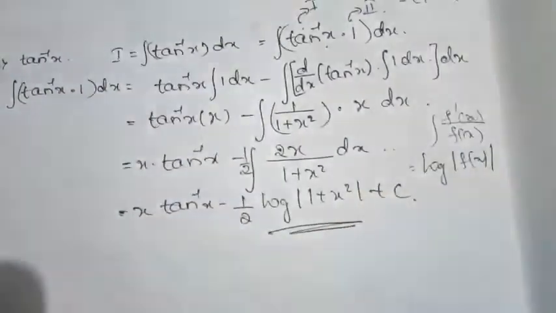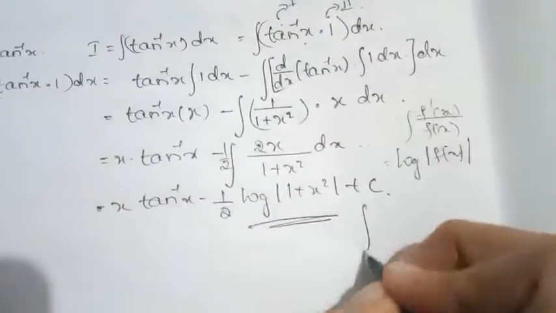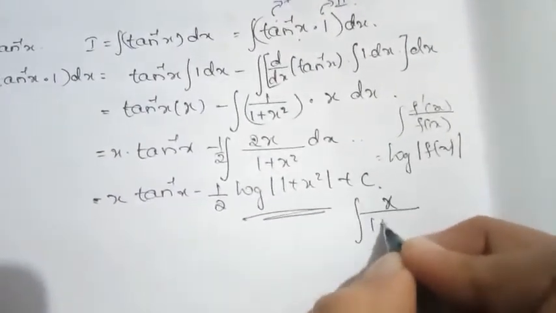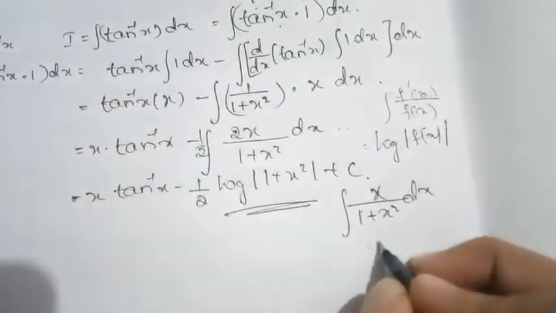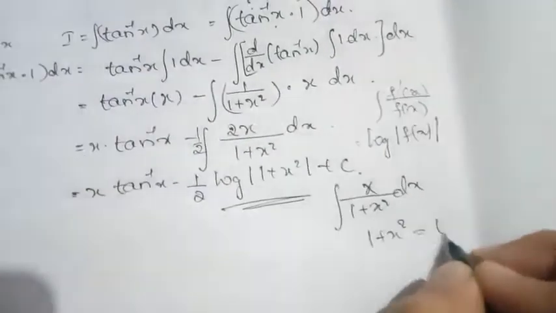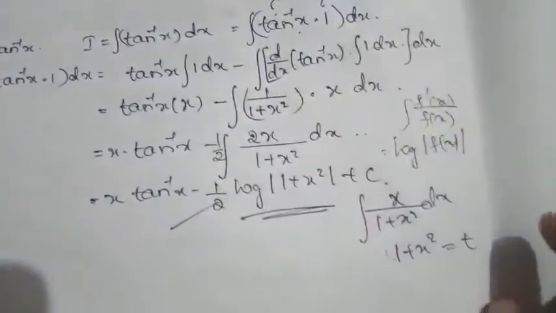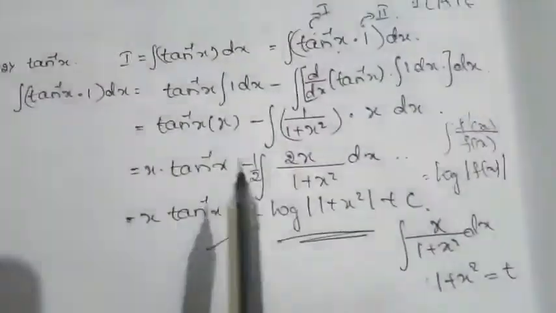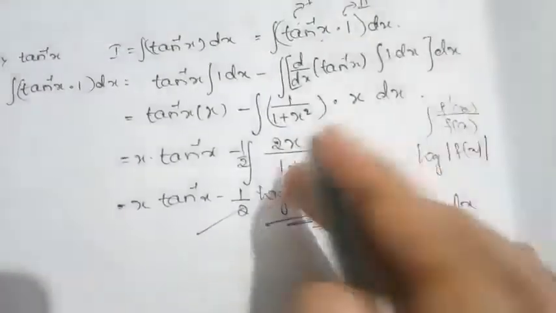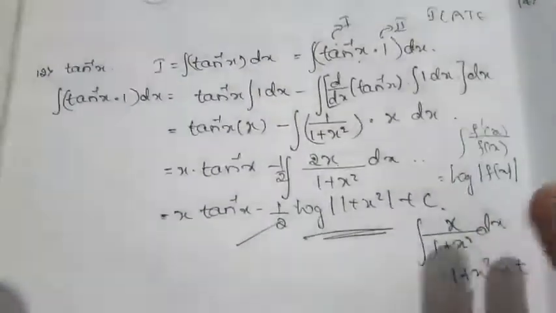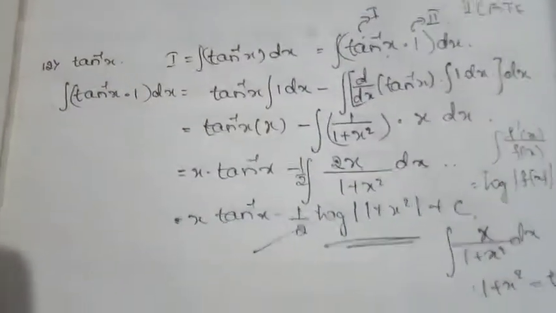Suppose you failed to identify that you should multiply and divide, it will be in this form: x divided by 1 plus x square dx. You can directly go with the substitution method, by taking 1 plus x square equal to t and differentiating, and you are going to get this itself as your answer. So there is nothing that changes in it. It is the easiest way, and this is a bit longer. You are going to add 2 extra steps compared to this one, that's all. So it is left to you. This is the integral of the given question, that is tan inverse of x.